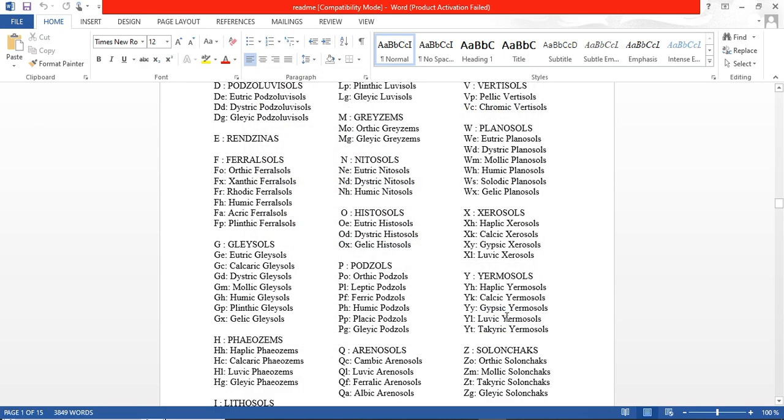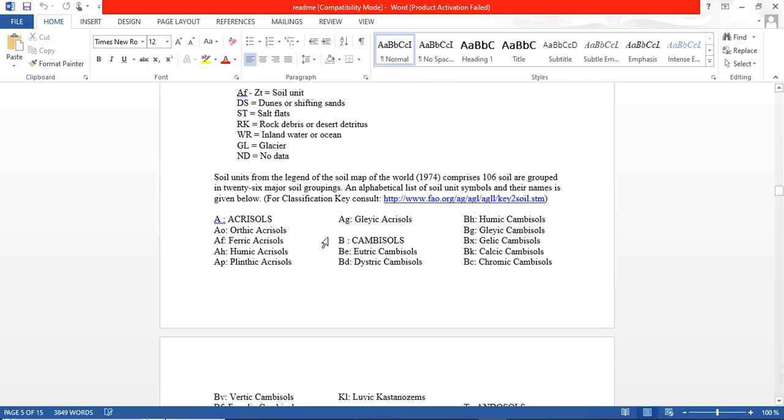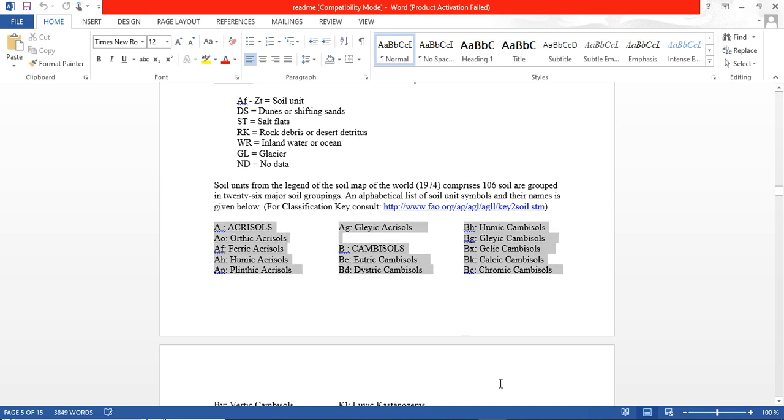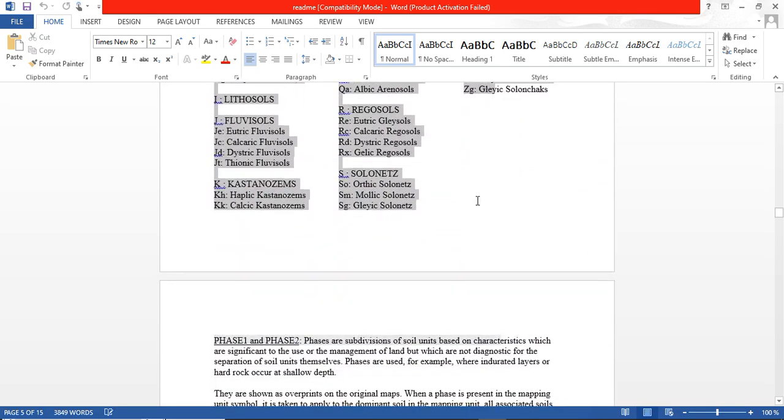In order for you to get the code, this is what we'll do. You copy all the soil types. Though if you are working with a small area, let's say you have just like 10 soil types, you can just search for the soil and create a column in your attribute data to fix them. But I'm having almost 300 and something different soil types, so I will just copy all the soil here and